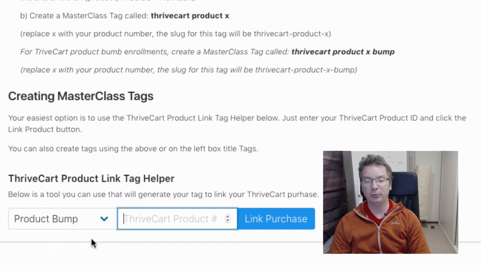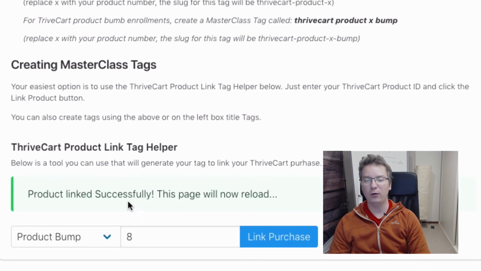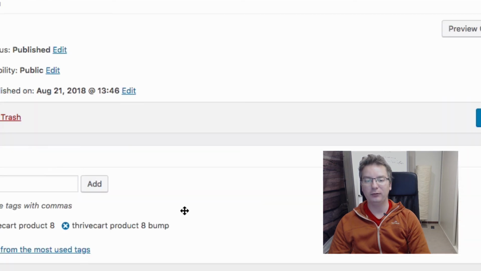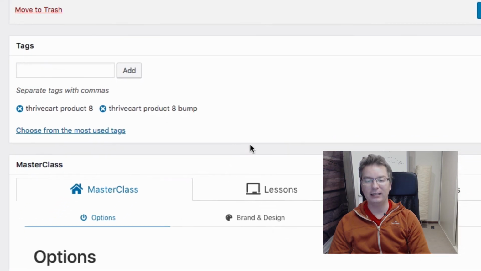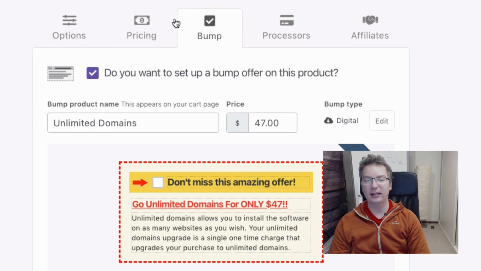So adding this product bump, put number 8, and then we can just link the product. So there we go, we've successfully linked this product, and now you can see this particular masterclass is linked to any purchases of ThriveCart product 8 and also ThriveCart product 8 bump. So that's got to be enrolled. Now we've got one more type of purchase inside of ThriveCart that we can link, and that's got to be,